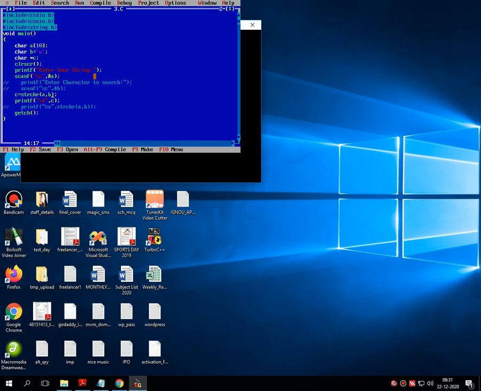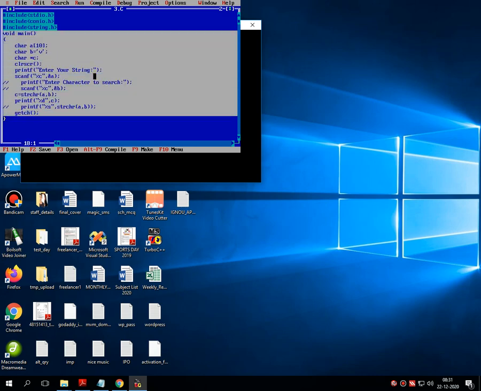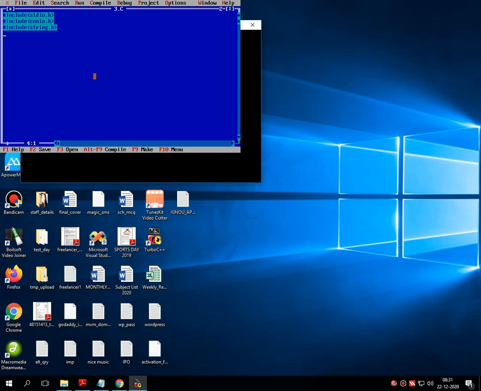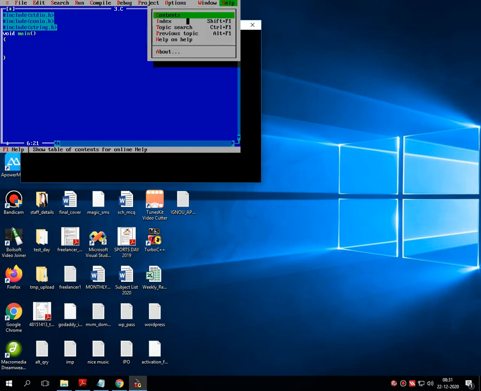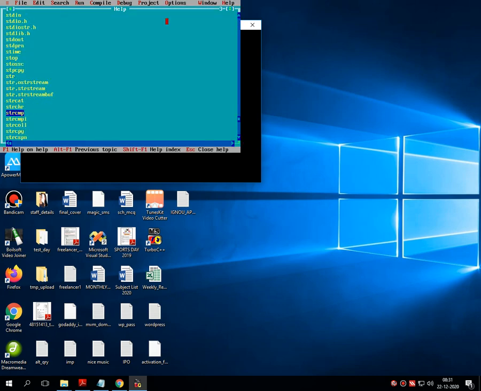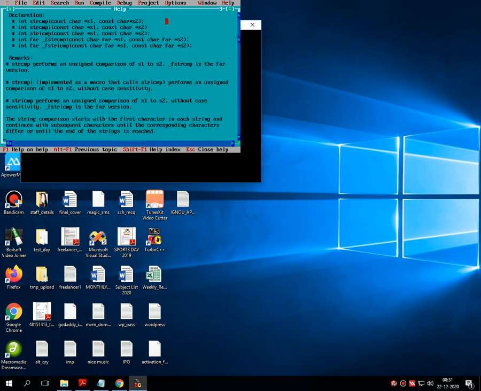Just go into the C. Let me remove this entire code. What I have done first is mention two library headers, that is include stdio.h and conio.h. As we are discussing the group of string functions, I have included the special library header, that is string.h. Then there is the main executable statement called void main, opening and closing brackets. Then we'll try to write a program for strcmp.